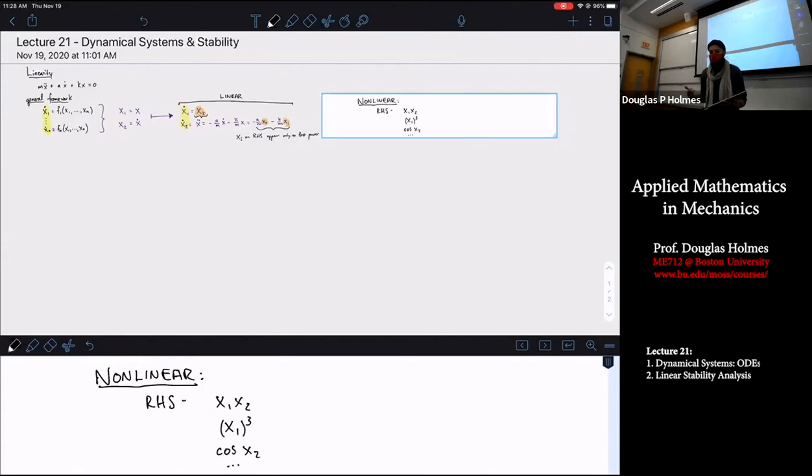Why do we care about nonlinearity? We care because linear systems can be broken down into parts, and then you can solve each part separately and then combine them together to get the solution. Linear systems are quite literally equal to the sum of their parts. This concept, this kind of feature of linear systems